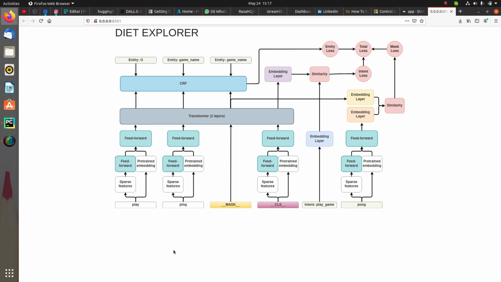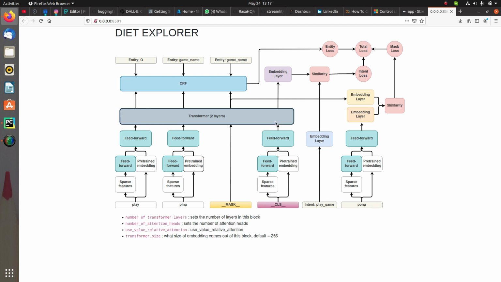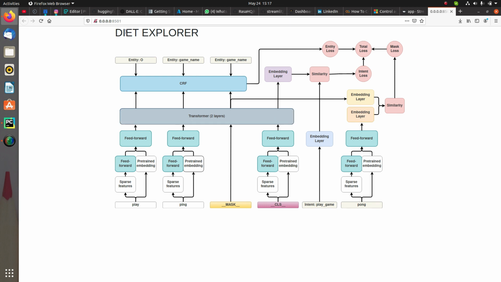So you have the data, and with the data set that you have provided, you are going to get this result, right? It's like the feed forward. You will have the weight, sparsity, dense dimension, text and level. So you have all these things. In this way you can go to each step, and you can get a detailed description about the classifier that you are using. We are just checking the Diet Explorer, so that's the reason we are having this. And whatever process or steps we are using in the complete diet classifier, you will be able to understand everything from here. So this is the complete description of the Diet Explorer.